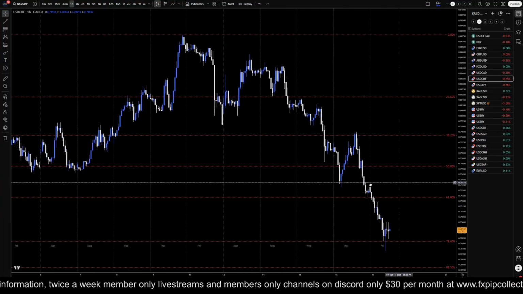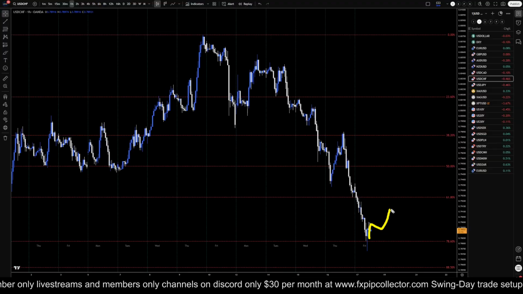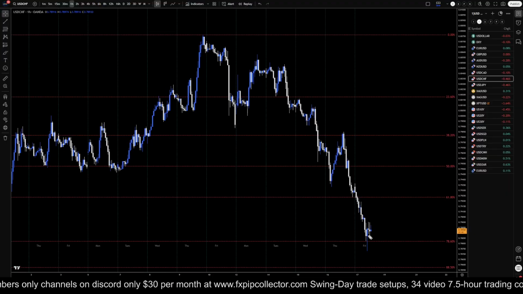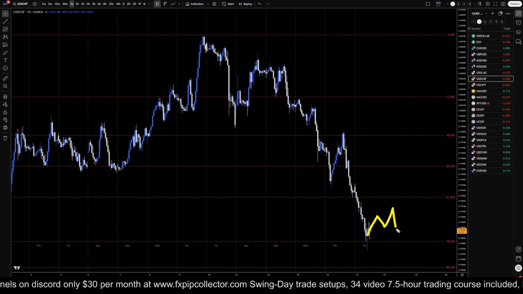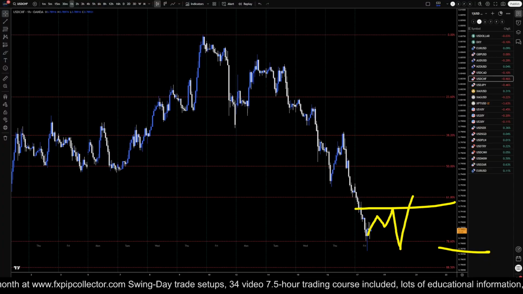Going down to the 1 hour time frame, there's definitely no reason to think it's going up yet, and it definitely could end up making a pullback and then just breaking down. The thing that's going to turn me back into a buyer is seeing a pullback, then seeing it go down in respect to 78% again, then a break of structure.